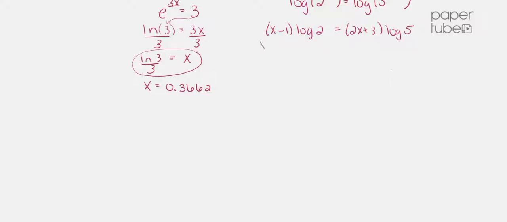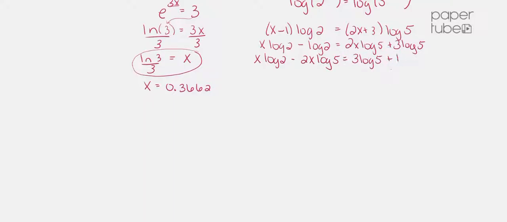So it's x times that log minus 1 times that log, and then doing the same distribution on the other side. Now to get the x by itself, we're going to have to group it first. If you had two different terms with the x, we're going to group them and then factor the x out. So you can move it to either side. I'm going to move the x's to the left just out of habit. And now if we factor out the x,